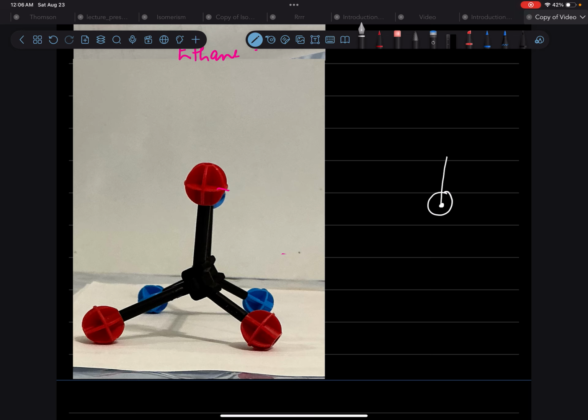So you have three hydrogens and three at the back which are completely eclipsed by the front ones, right? So front ones are red and the back ones are blue. Right? So this conformation is called eclipsed conformation